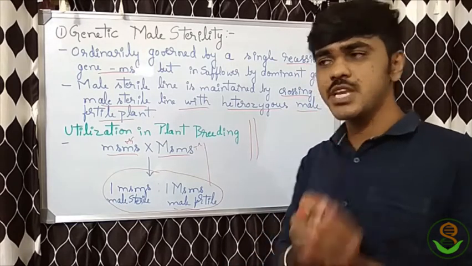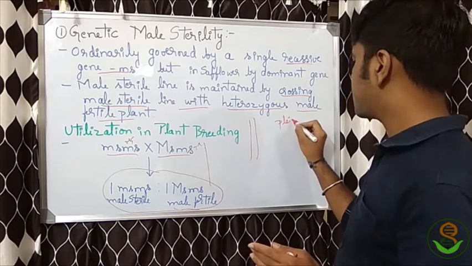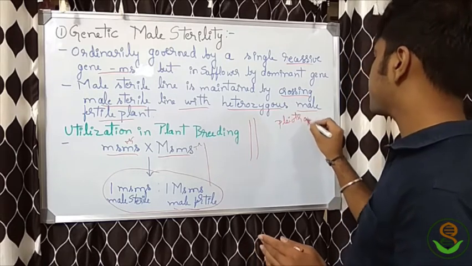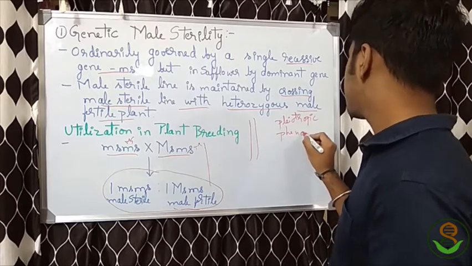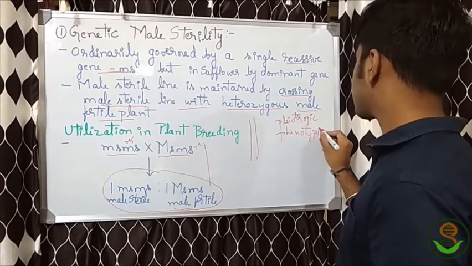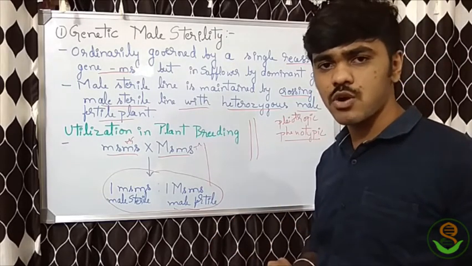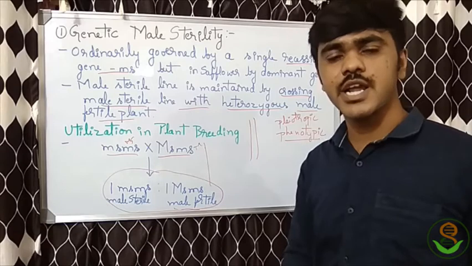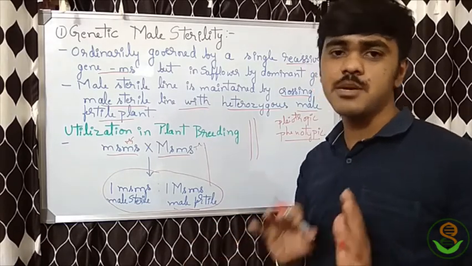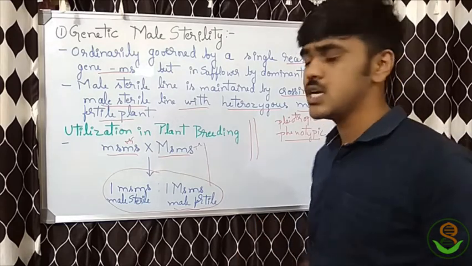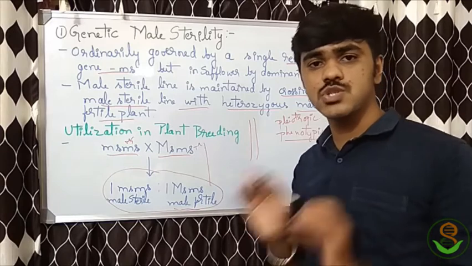Sometimes in the beginning itself they show a pleiotropic effect and some phenotypic effect. Due to these effects, we can try to identify whether it is fertile or not. Then if we find it is fertile, we have to remove it. We have to completely remove the fertile plants before pollen shedding itself. That's why it is very costly and it is not much used commercially.